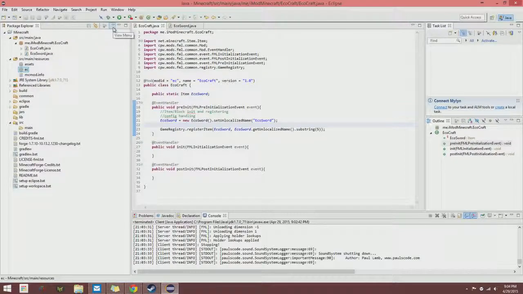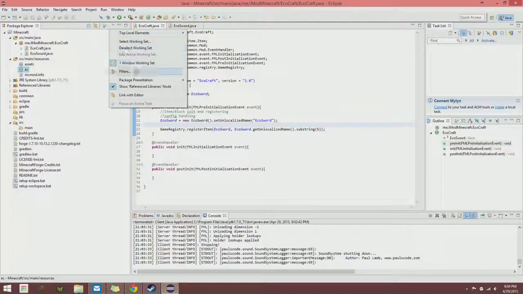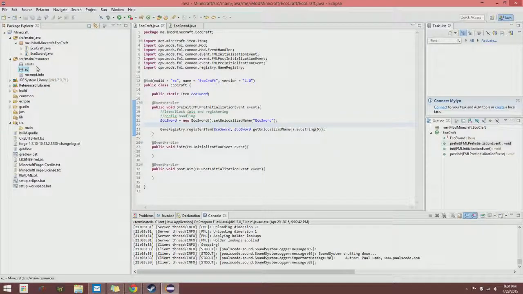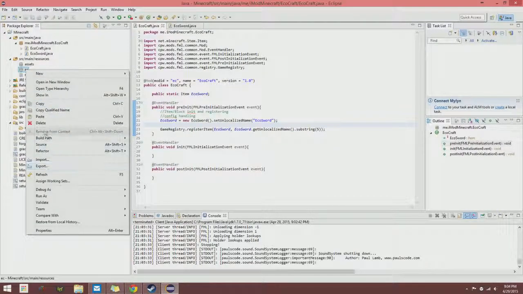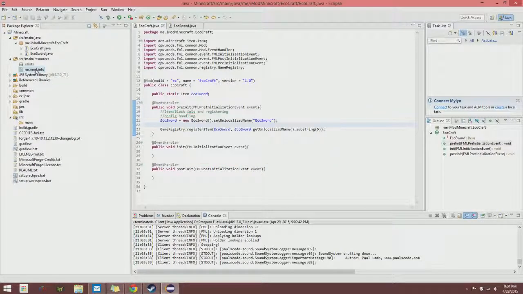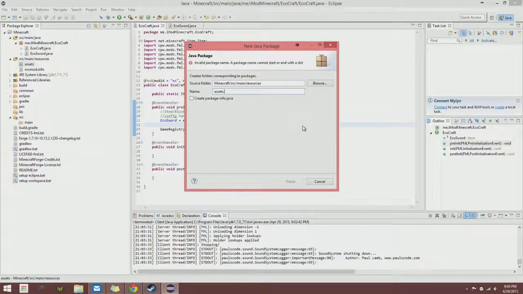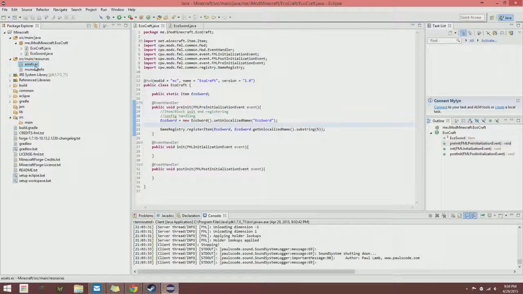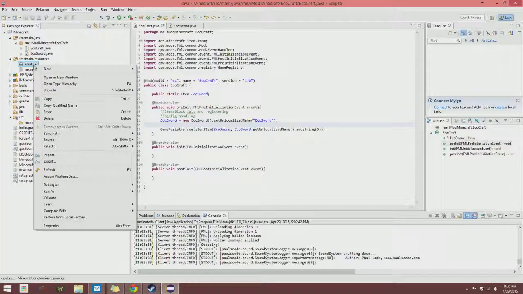And to make this look easier, I want to do this top down. We want to do a hierarchical. And yes, we want to go inside here. We want a new package, assets.EC. Finish, and there's that. And inside of here, we want to right click, hit new,